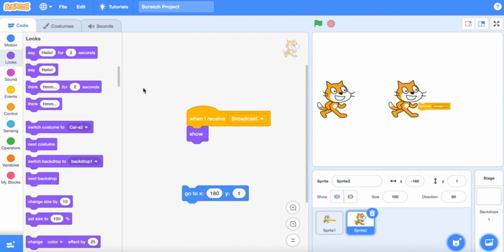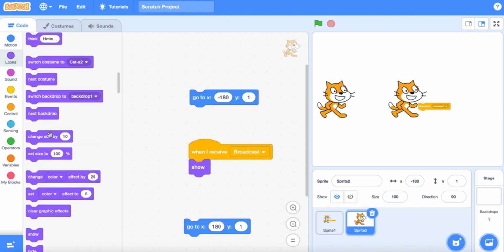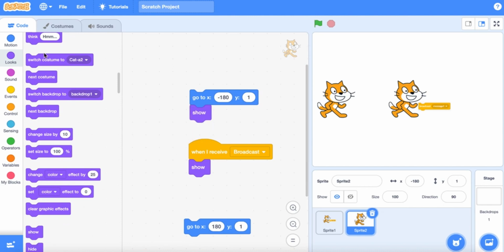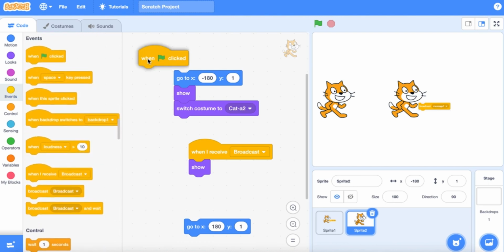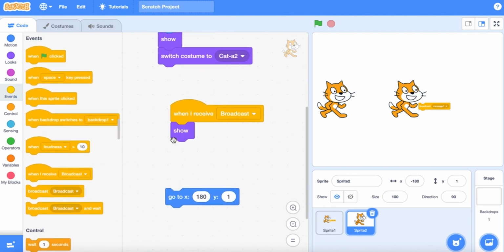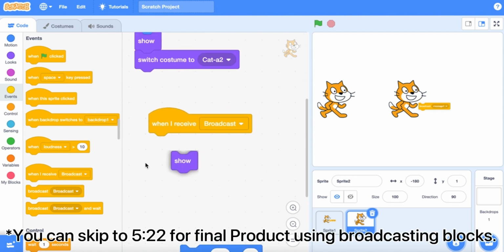And when the game starts, we'll just have him go here, show, and switch his costume to Cat A2, which is what we named it. Now, when I receive broadcast, now it might get a bit complex here. When I receive broadcast,